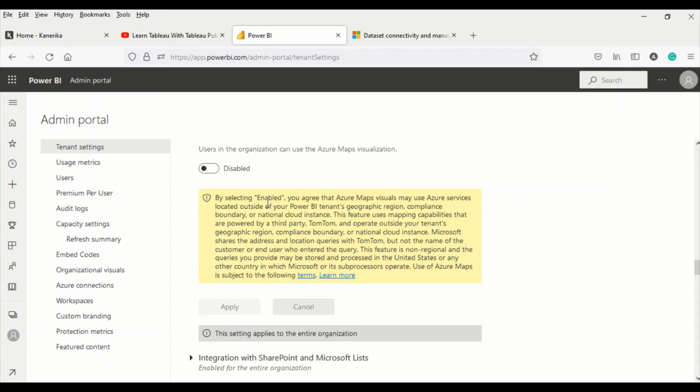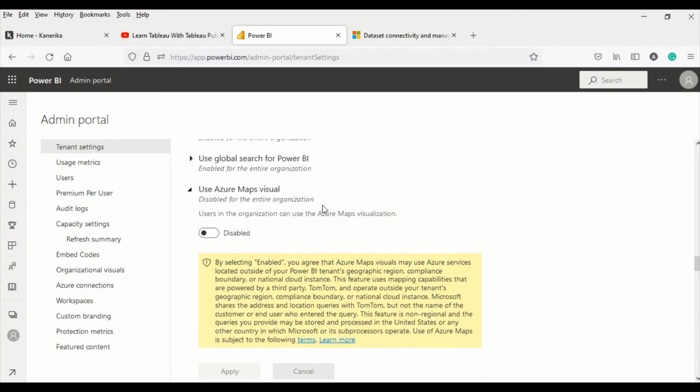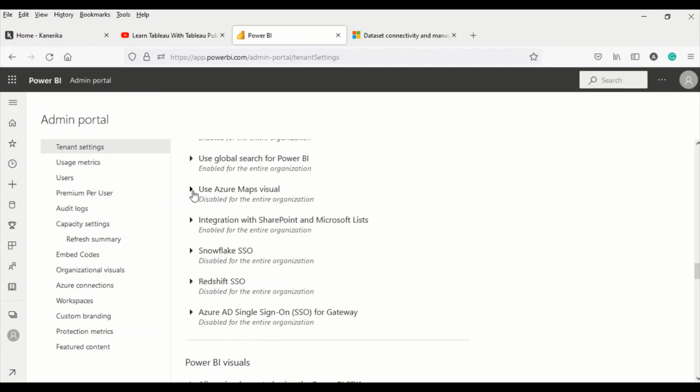By selecting enable, you agree that Azure Maps visuals may use Azure services located outside your Power BI tenant geographical region. Again, Azure Maps visual can use outside services. It could be a compliance issue, and there are other things also, like third-party TomTom integration. So just look at what your compliance policies say before you enable it.